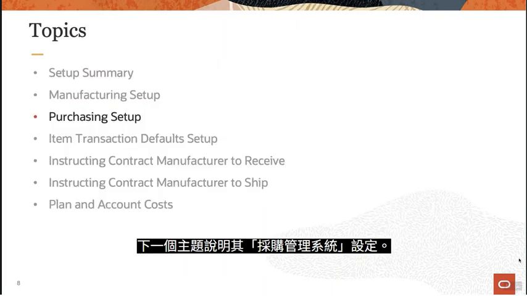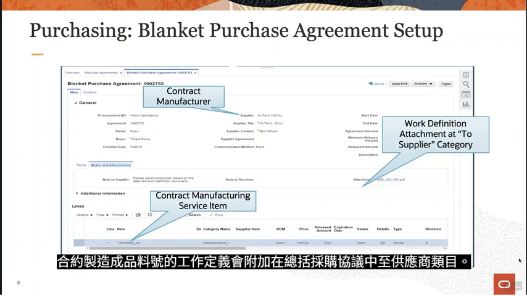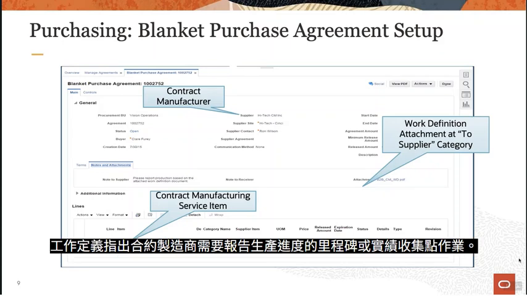The next topic describes the purchasing setups. This screenshot shows that you can set up a blanket purchase agreement to automate purchase order creation for a specific contract manufacturing supplier. The work definition of the contract manufacturing finished good item is attached in the blanket purchase agreement to the supplier category. Whenever a purchase order is created on the contract manufacturer, the work definition is sent as an attachment. The work definition indicates the milestone or count point operations at which the contract manufacturer needs to report